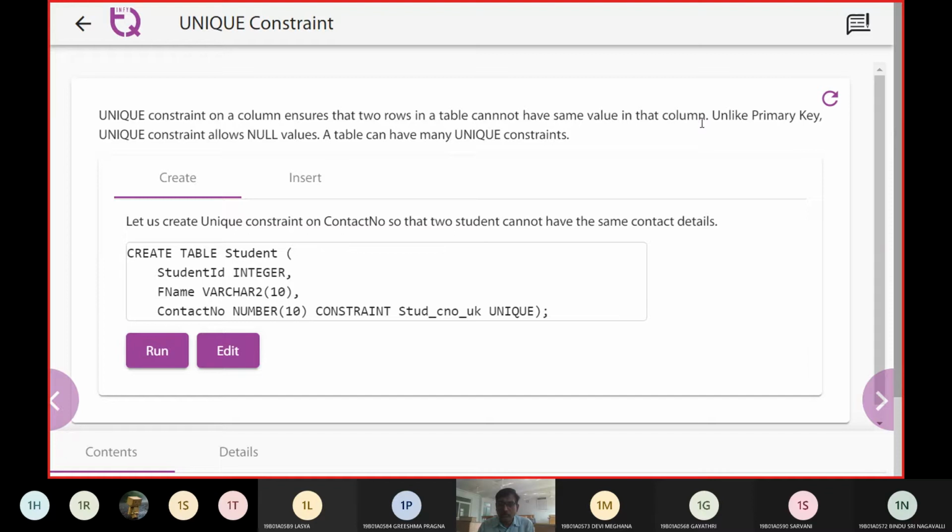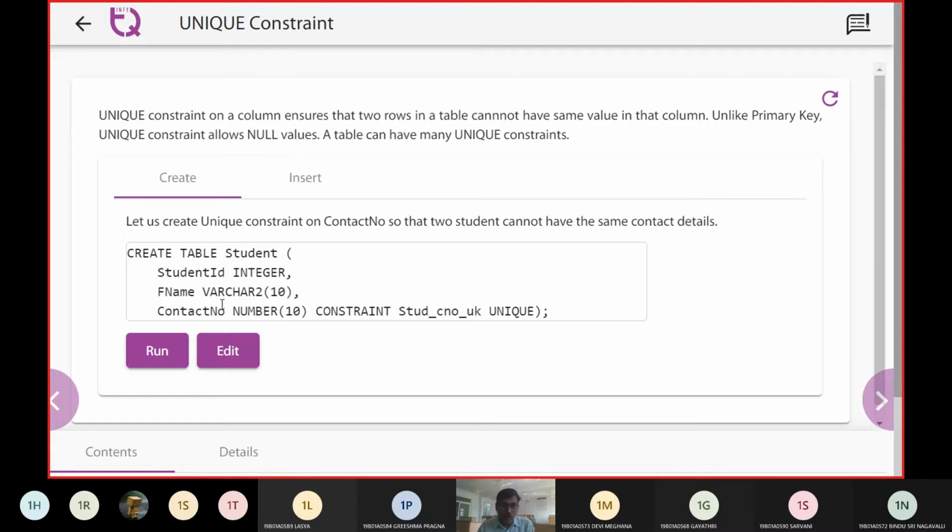So if my register number is 565, another person's number cannot be 565. So in the same column, the occurrence of a value should be 1. That is where the uniqueness will point out. It will allow null, but only once.